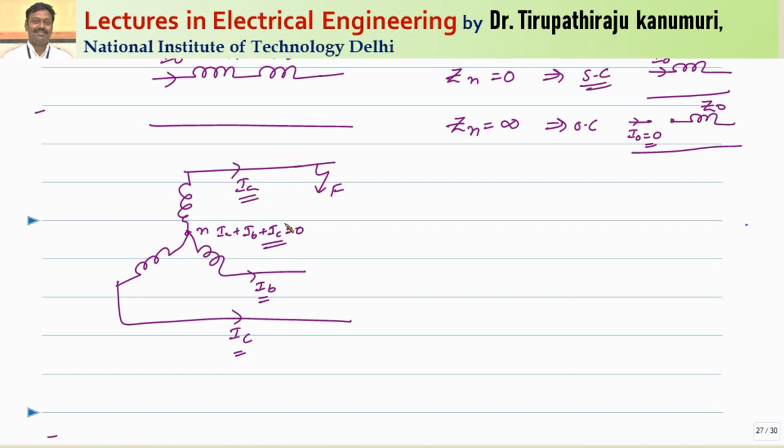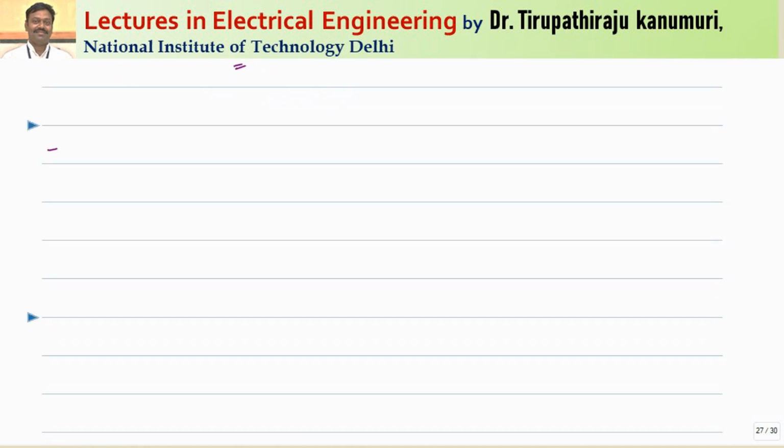That means no zero sequence current can pass, because the closed path is not there for the passage of zero sequence current. There is no closed path, that's why it will not be there. Or we can represent this as an open circuit, the current cannot pass, or I naught is equal to 0. This is what I have represented. This can be analyzed in two ways. Let us take the case of delta connection. But before proceeding to the delta connection, let us take one more case.